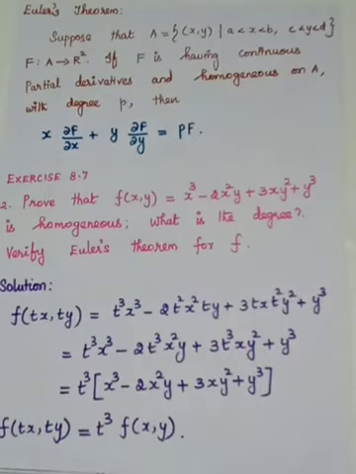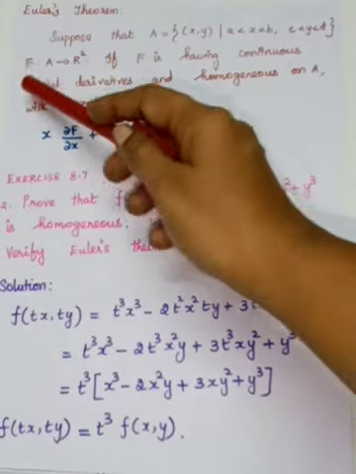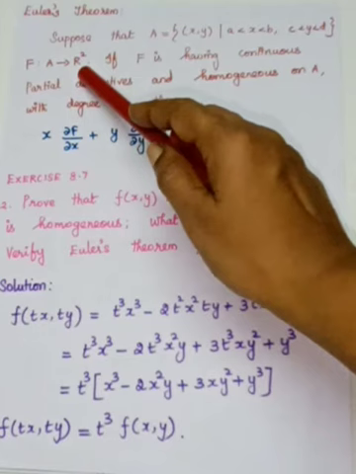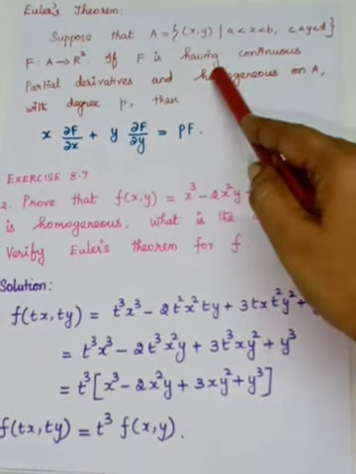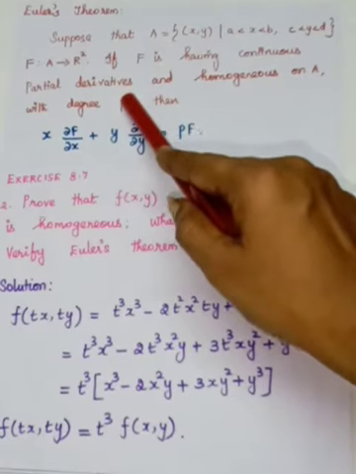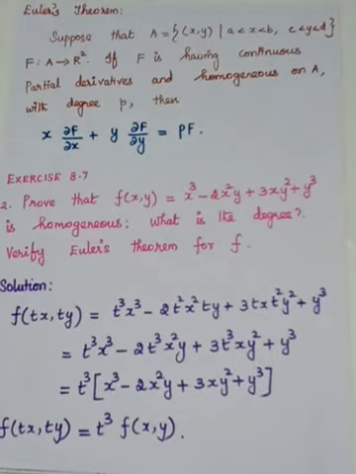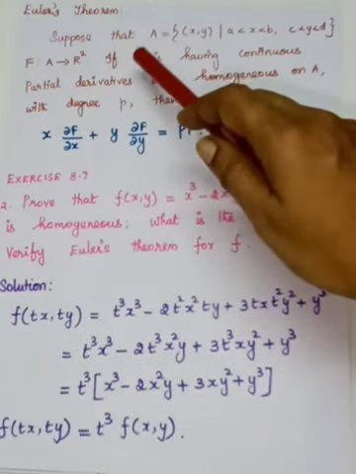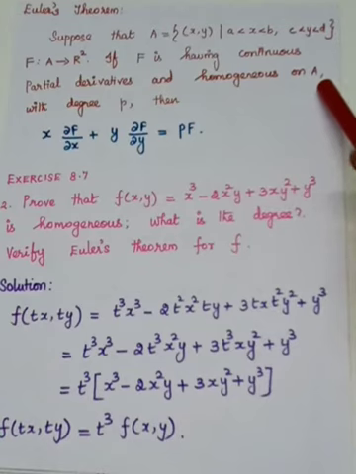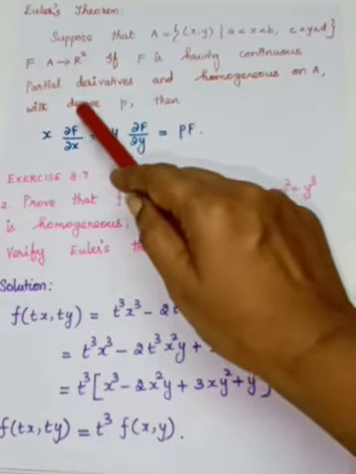Okay, so next one, we are going for Euler's theorem. See that the same A is taken. A is the set of all ordered pairs x comma y, a less than x less than b and c less than y less than d. And we are going to take a function f from A to R squared. So if f is having continuous partial derivatives and is homogeneous on A, that is, f is a homogeneous function on its domain, that is domain of f is A, with the degree p,